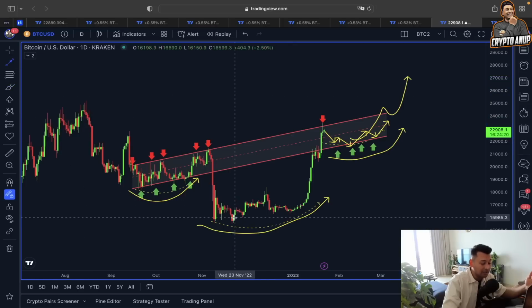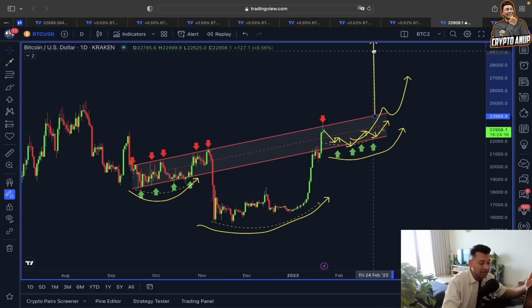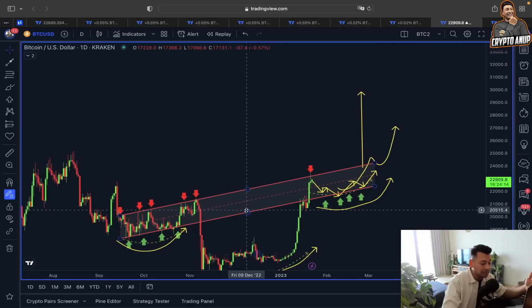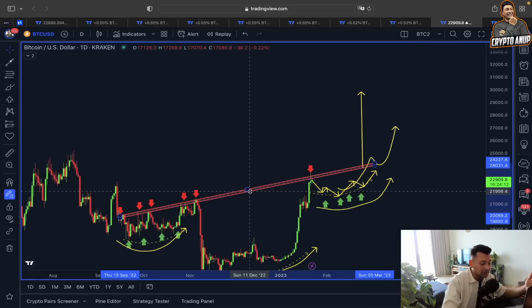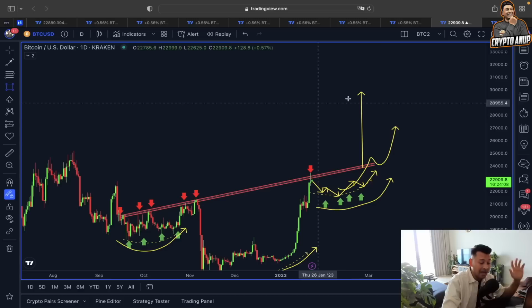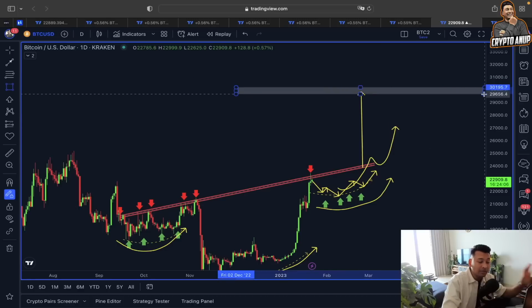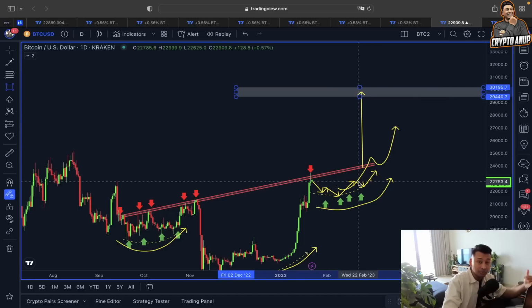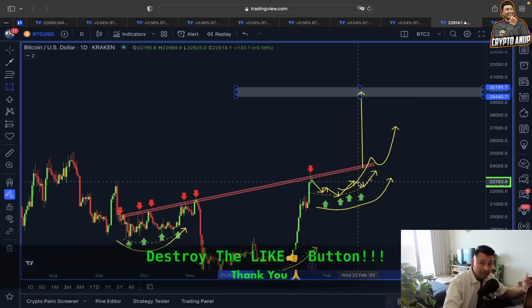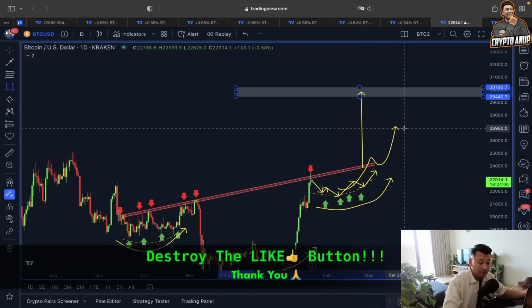Because if this inverse head and shoulders scenario is going to play out, then in that case, guys, if you break the neckline here like this, we could be getting attracted towards this 30,000 range. I'm not trying to be extremely bullish, but as long as the price remains above our key line of support, the possibility is still there. I mean, price getting gravitated around 24,000, 27,000, and if we are lucky, even around the 30,000 range.